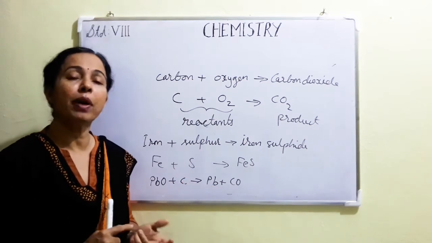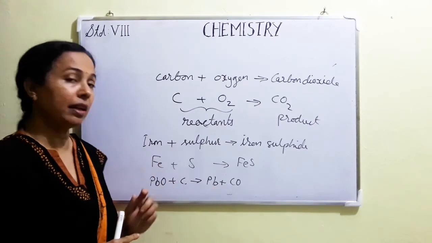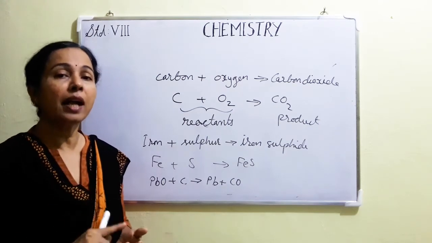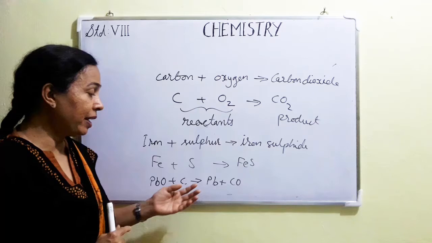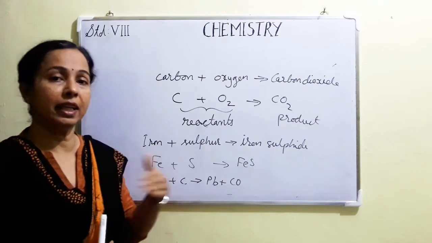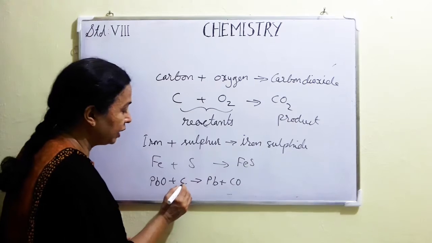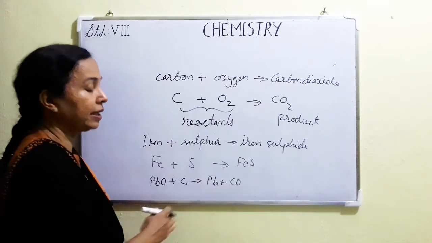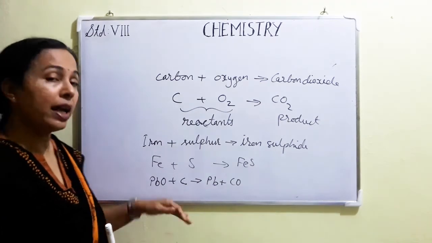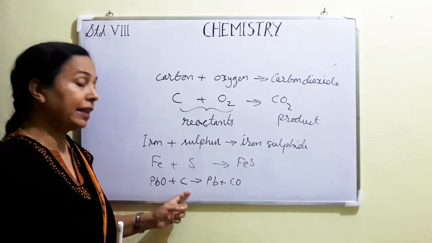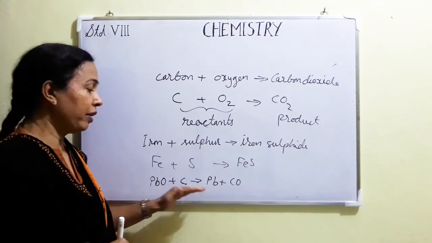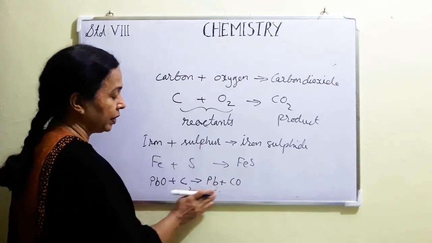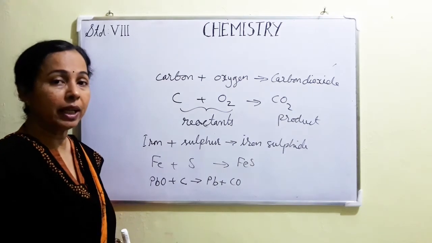All metals form monoatomic molecules. Lead is a metal, iron is a metal, plus carbon. Carbon also forms monoatomic molecule. So, whenever there is carbon or a metal in an equation, no need of writing C2 like O2, no need of writing C2, Pb2, etc. I have seen some children writing like that in the equations in higher classes. That is why I am reminding you again and again, metals and carbon, always they are monoatomic molecules. When we write them in an equation, no need of writing C2 or Pb2. Okay, don't forget it.